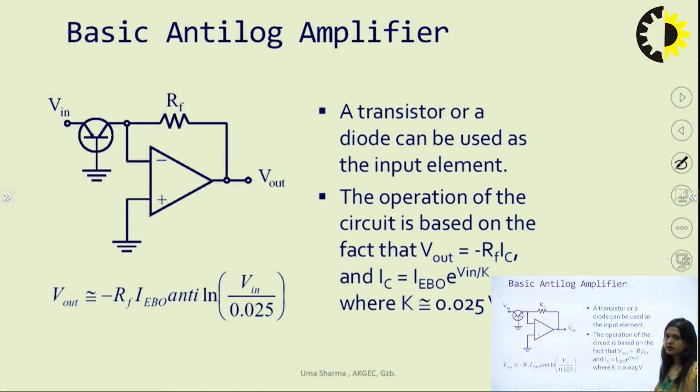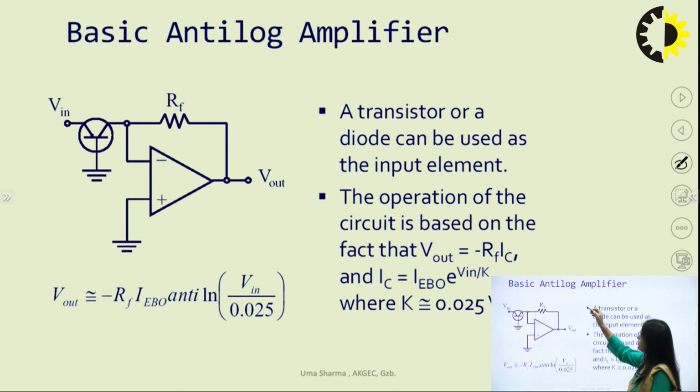This is very important because if the output of the logarithmic amplifier is dependent on temperature, we know that we can expand the dynamic range with the help of the logarithmic amplifier. So there is a major impact of temperature on the output expression. To overcome this effect, we can use a temperature compensated logarithmic amplifier.